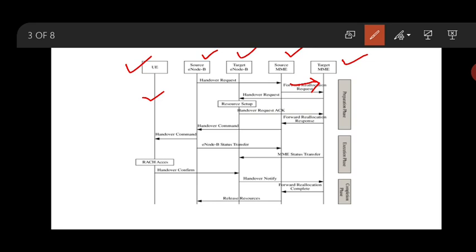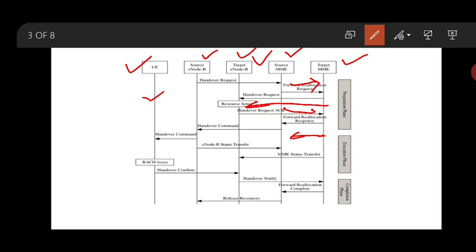And the target MME is also connected with the destination, and it will send a signal that there is a request from a user equipment for the handover. Now the handover request arrives at the target. Depending on availability, it will respond back. That is called an acknowledgement, yes or no. Let us say it gives a check mark, yes, acknowledged.